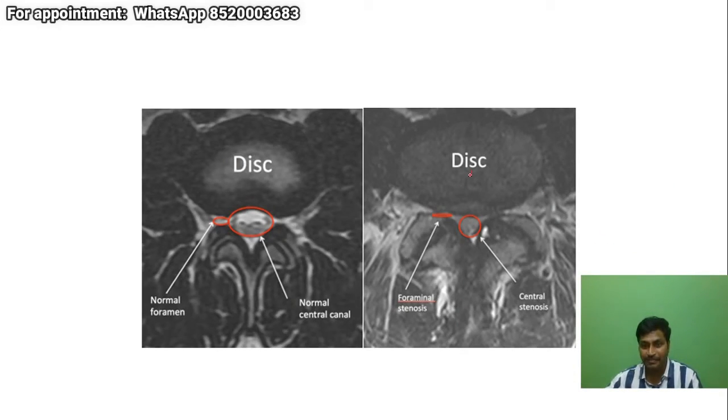Again, the same picture, the patient has a central disc bulge causing mild central stenosis and a significant lateral stenosis. This picture has both, this patient, both central canal stenosis and the lateral stenosis, but lateral stenosis is more severe. This is normal.